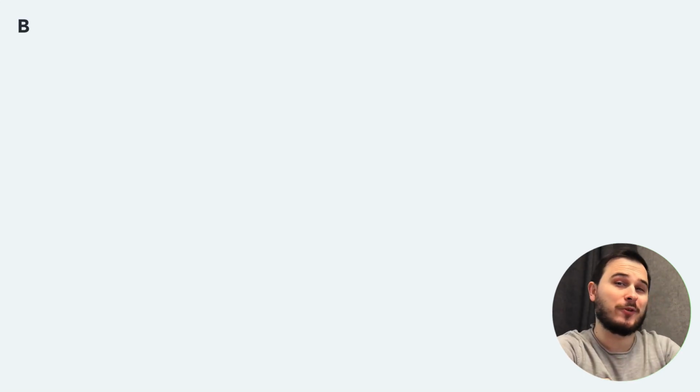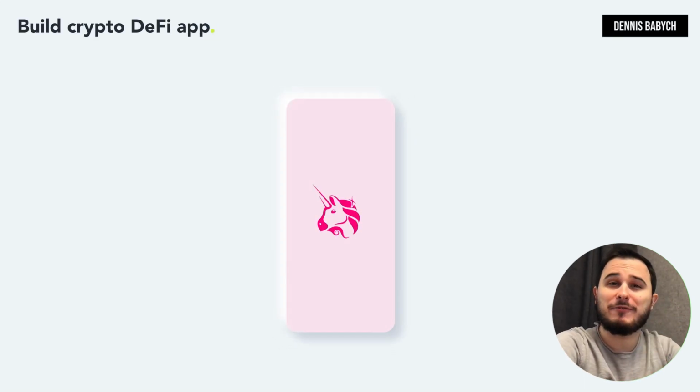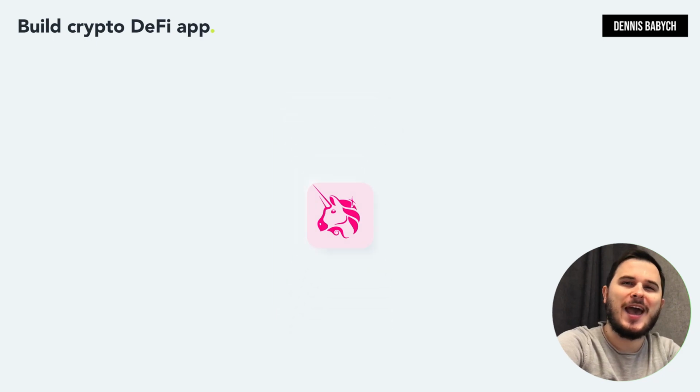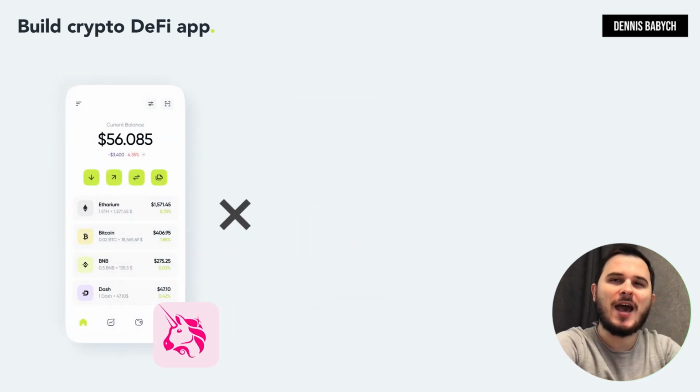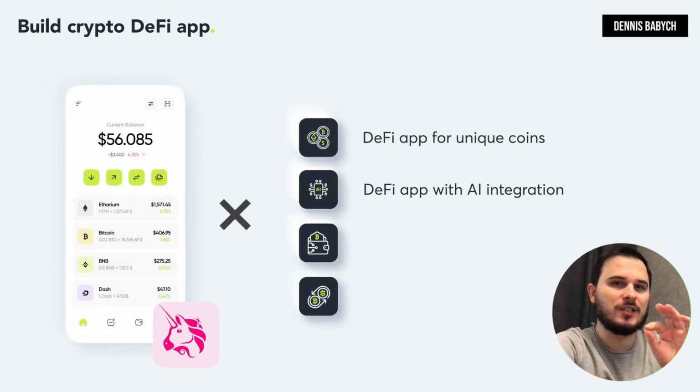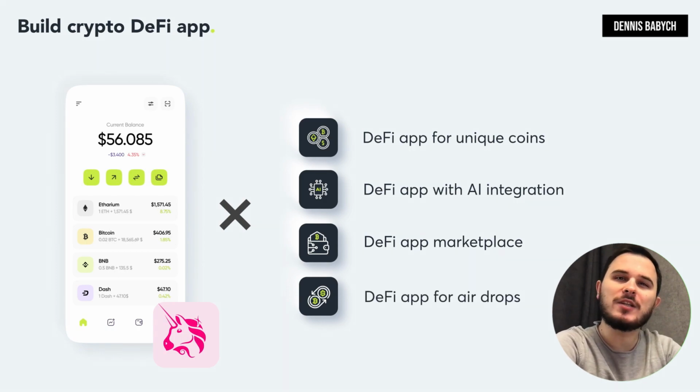Do you want to build your own crypto DeFi app? Perhaps you have a unique idea, something like a DeFi app for unique coins, a DeFi app with AI integration, a DeFi app marketplace, or even a DeFi app for airdrops or token sales options. Well, stay with me because I'll give you a step-by-step guide on how to do that quickly and save your